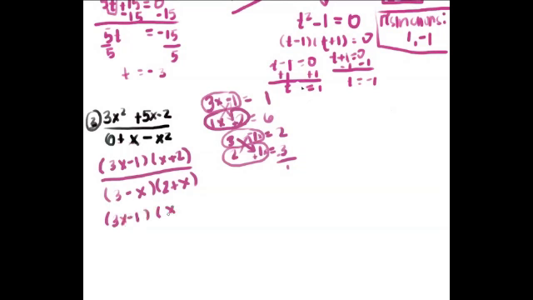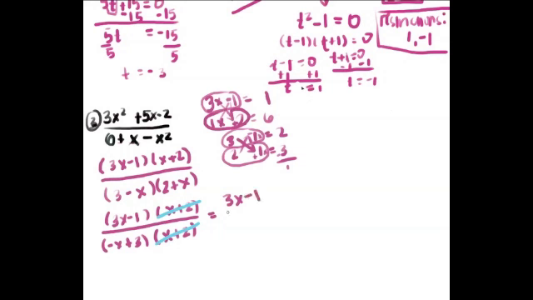So the top line was okay, we don't have to change anything, so I'm just rewriting the top line. But the bottom line, instead of 3 minus x, let's call it negative x plus 3. So I'm preserving the sign. The negative is with that x, so I keep the sign, and then call this positive x plus 2. Okay, so what can cancel out? These x plus 2's can go away for sure, and what I'm left with is